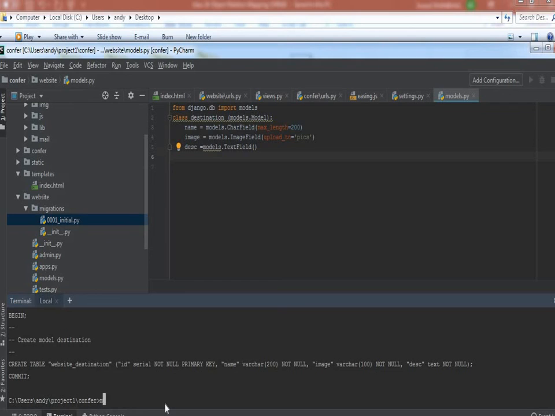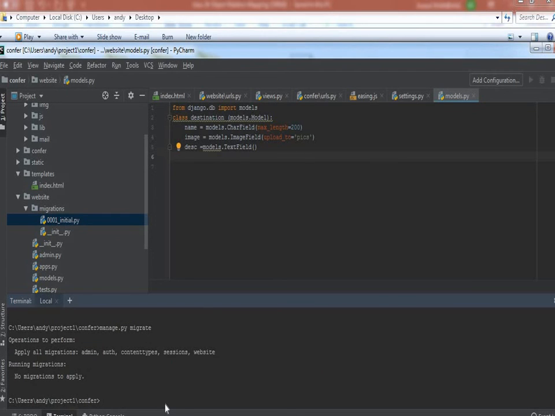Once this is done, I can go to manage.py migrate. It is showing no migrations to apply. Already I have done the changes and I am getting that in my database. But once you run this code in your system, you'll get that the query is executed, and here in this